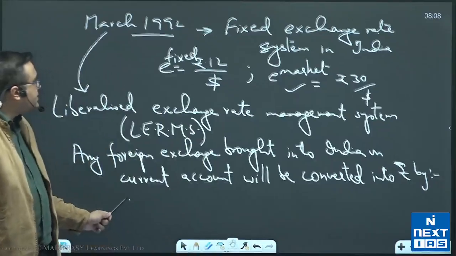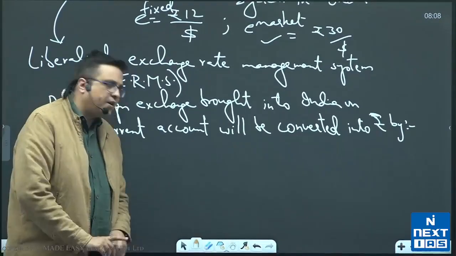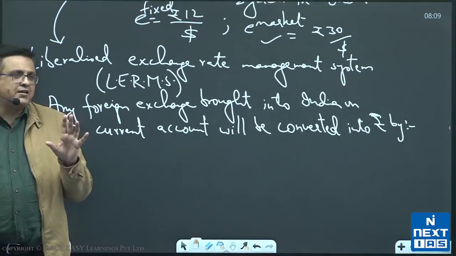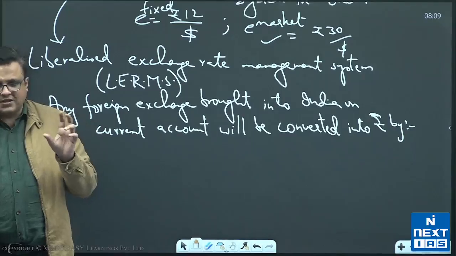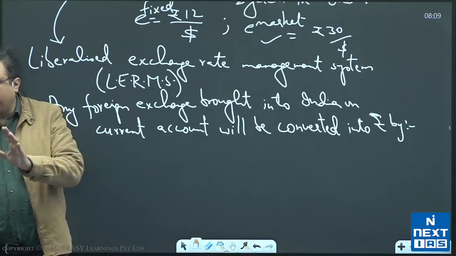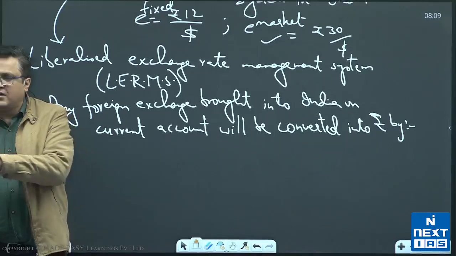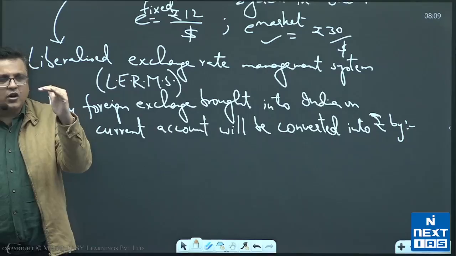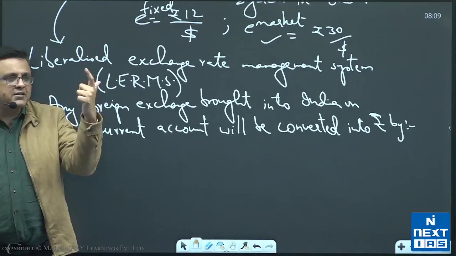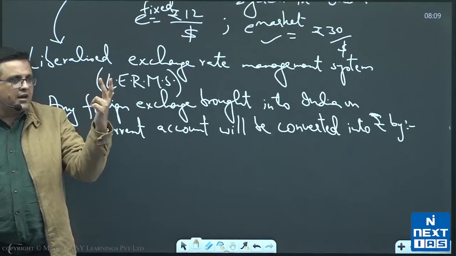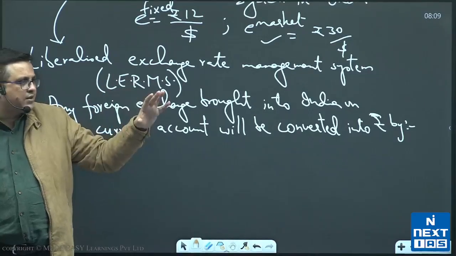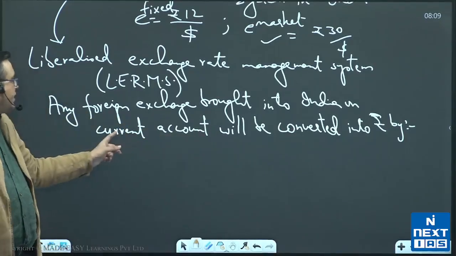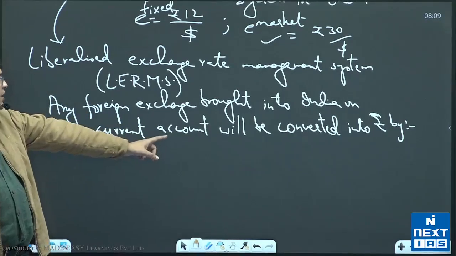कि आप कोई भी फॉरेन एक्सचेंज अगर देश में लाए करंट अकाउंट पे, ये बहुत साल पुरानी बात हो गई जब मैं आपसे पिछली बार मिला था, तो जब मैं आपको रिफॉर्म्स पढ़ा रहा था, I had talked to you about current account deficit and we had discussed there that there is a balance of payment which records all transactions between the domestic country and the foreign country, and there is a current account in it which records all exports and imports and all remittances and all income earned from abroad, and there is a capital account which records all investments and borrowings. So all money that you bring on current account.